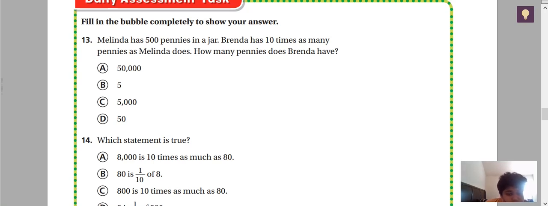Melinda has 500 pennies in a jar. Okay, we got that. And Brenda has 10 times as many pennies as Melinda does. So, how many pennies does Brenda have? Comment down below which one of these answer choices you think is right. Is it 50,000? Is it 5? Is it 5,000? Or is it 50? Okay, so Brenda has 10 times as many pennies as Melinda. So we can do